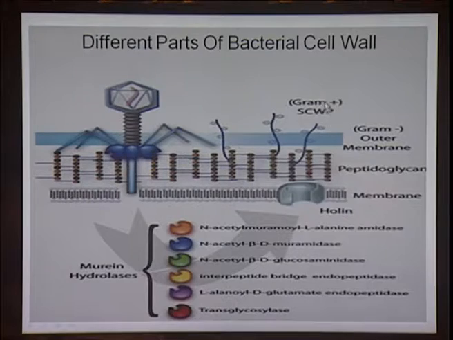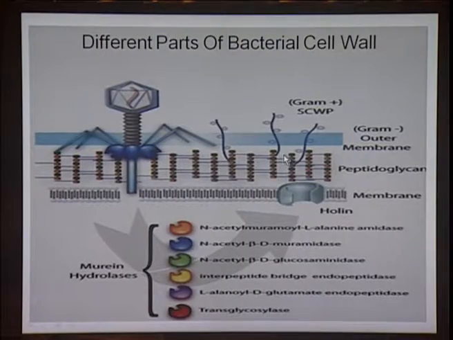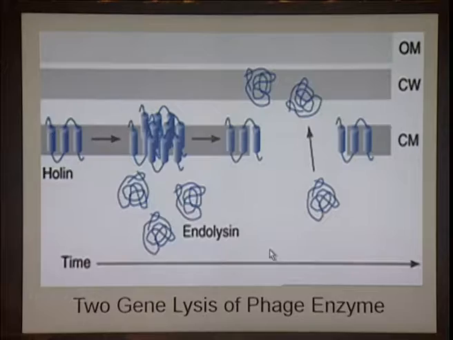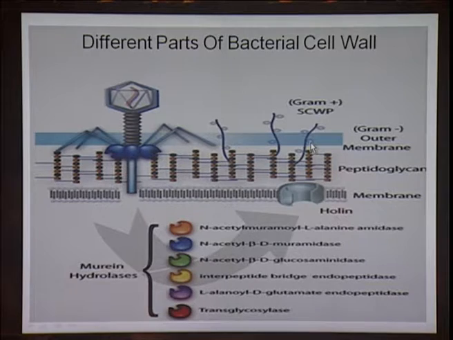You can see here the secondary cell wall polymer is present mostly in the gram positive bacterial cell wall, and these polymers are imparting rigidity to the peptidoglycan, giving it a definite shape and structure, and at the same time it is acting as a definite receptor for this phage enzyme, which is there in the form of choline. So, this choline receptor is being provided by the SCWP, and thereby the bacterial cell wall is getting degraded by the phage enzyme.